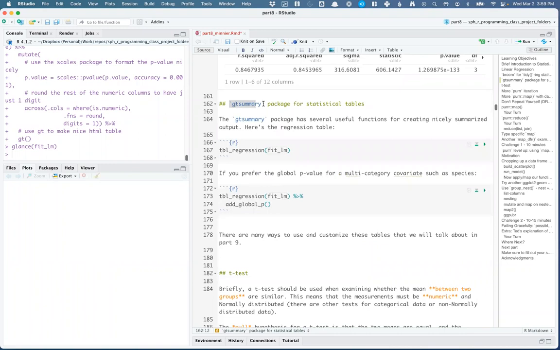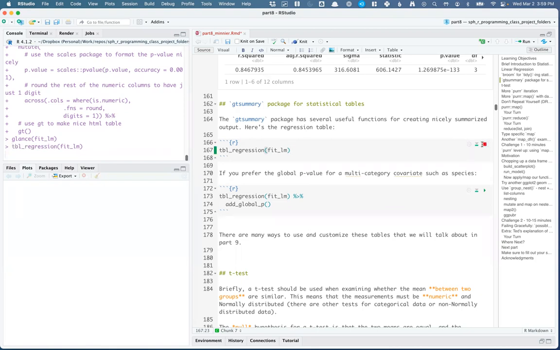And then another brief intro that I will again talk about next week more in depth is this package gtsummary. I think I used gtsummary on the first day of class just to show you a brief table. It's kind of like a table 1, a cohort description table. And I'll show you more of those next week. But gtsummary also has functions to summarize regressions and other models. So tbl_regression is a function that will take as input the linear model fit and give you a little prettified table. So you can see,